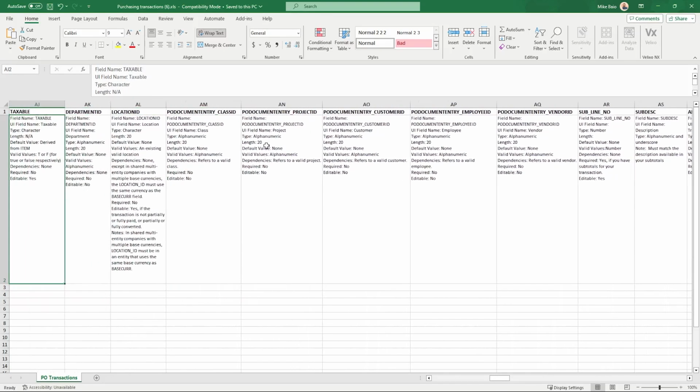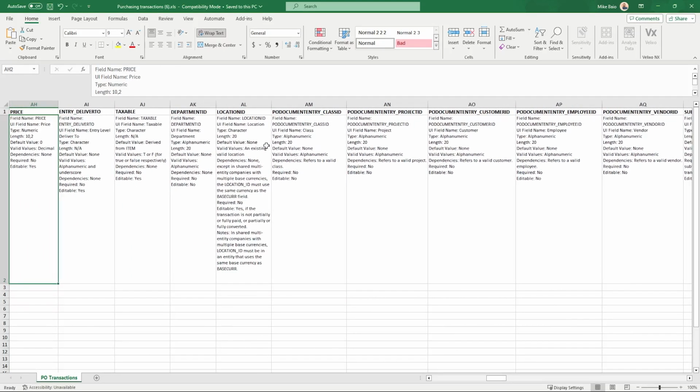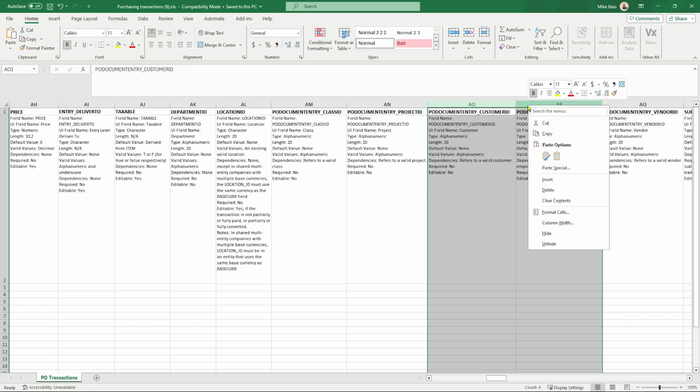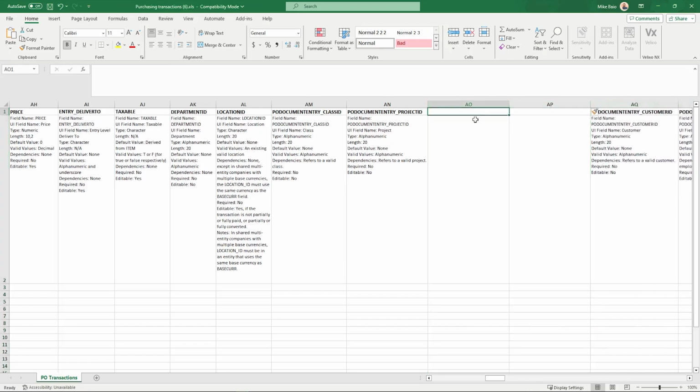So you can come into here and find the PO entry project, and I'm going to add two columns. You can just highlight the columns, click insert, and now I have two columns. And I need two fields here. I need the task ID and the cost type ID. Those are basically the requirements when you're putting in a project. You're going to want to code it to the cost code or task and the cost type ID. So you can use this naming structure right here,